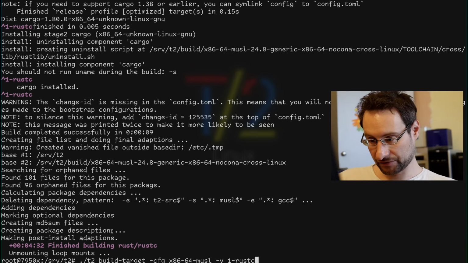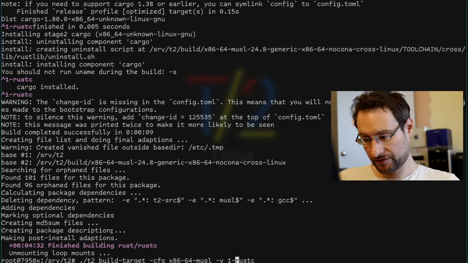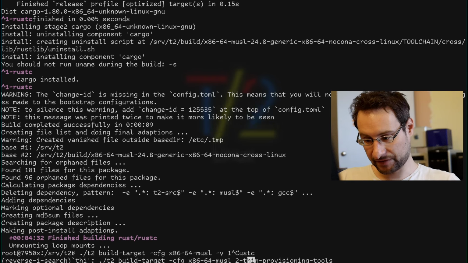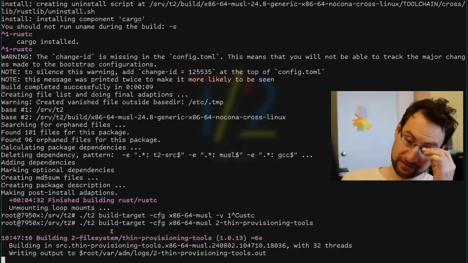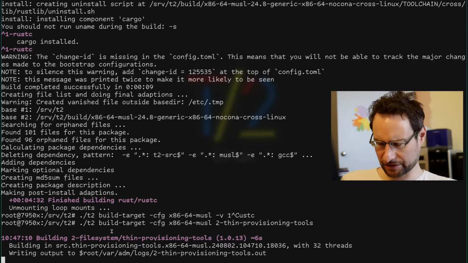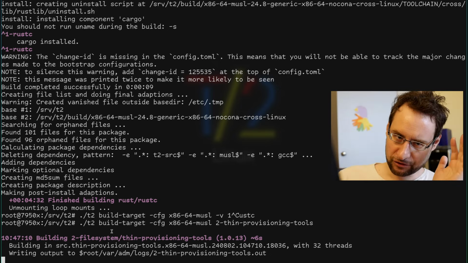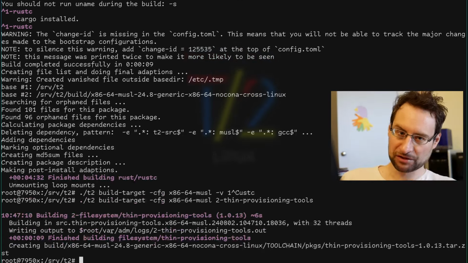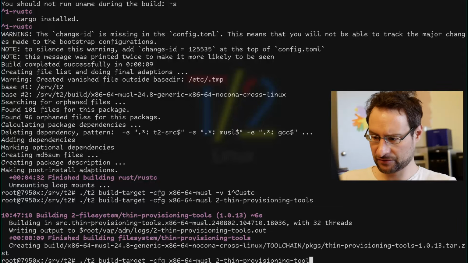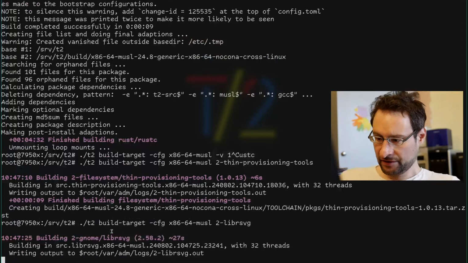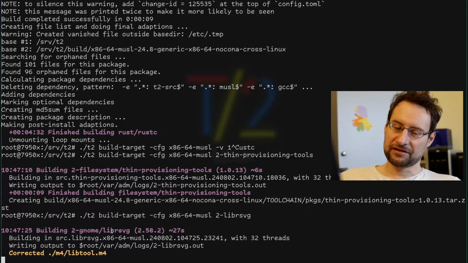Okay, that built. Maybe then that's unexpected, but maybe the cross-compiled compiler failed, because we built a Rust cross-compiler to cross-compile stuff. Okay, that also still builds with the latest librsvg. And then we also